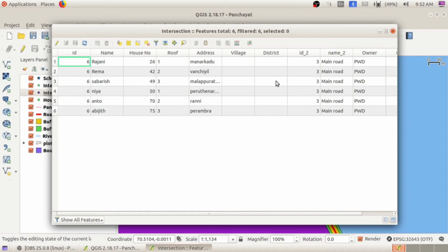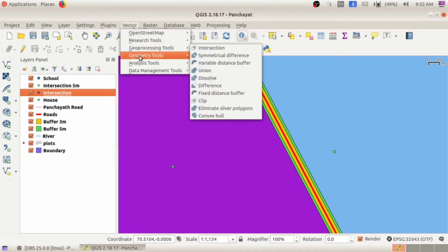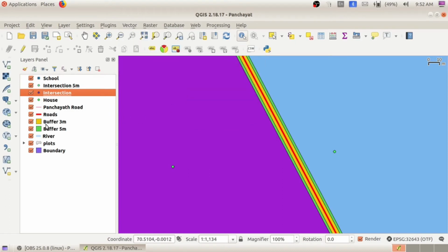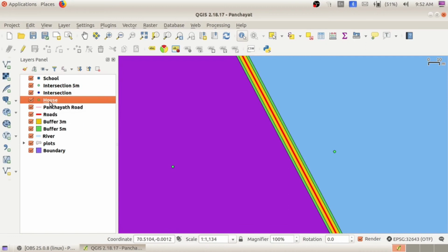So here 6 houses got affected. So buffering is one such important activity in this chapter 6. From this QGIS project, buffering questions will be asked in your practical exam. So first go to the vector option, geoprocessing tool, fixed distance buffer, and make buffer 3 meter, buffer 5 meter according to the question. Make the buffers. After that, intersection.